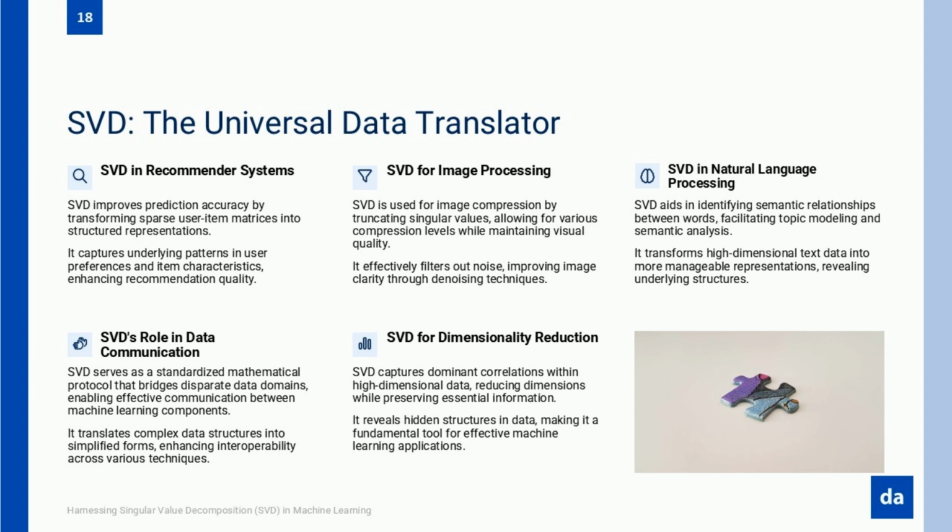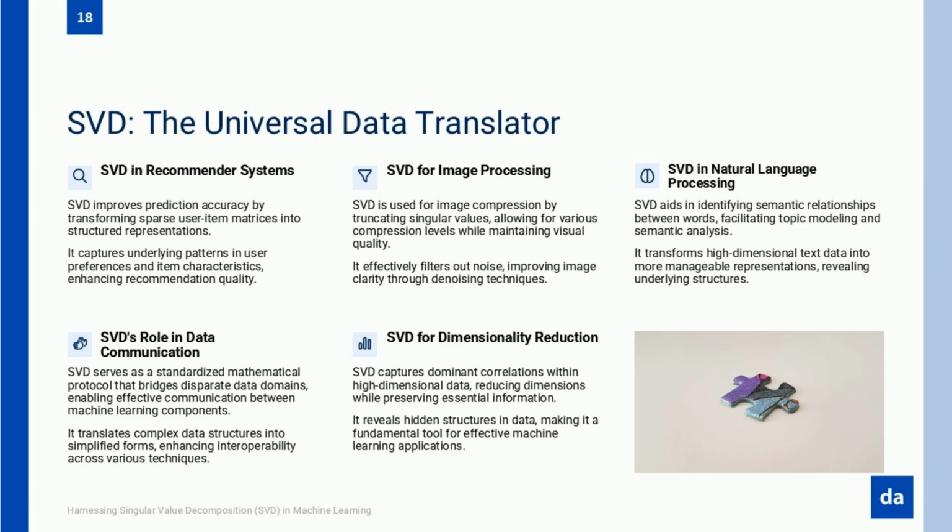When we examine machine learning systems as interconnected networks rather than isolated algorithms, a critical challenge emerges. How do we enable different components to communicate effectively when they expect data in radically different formats? This is where SVD reveals its most profound value as a standardized mathematical protocol that bridges disparate data domains. At its core, SVD functions as a translation service, converting complex data structures into simplified forms that expose the essential